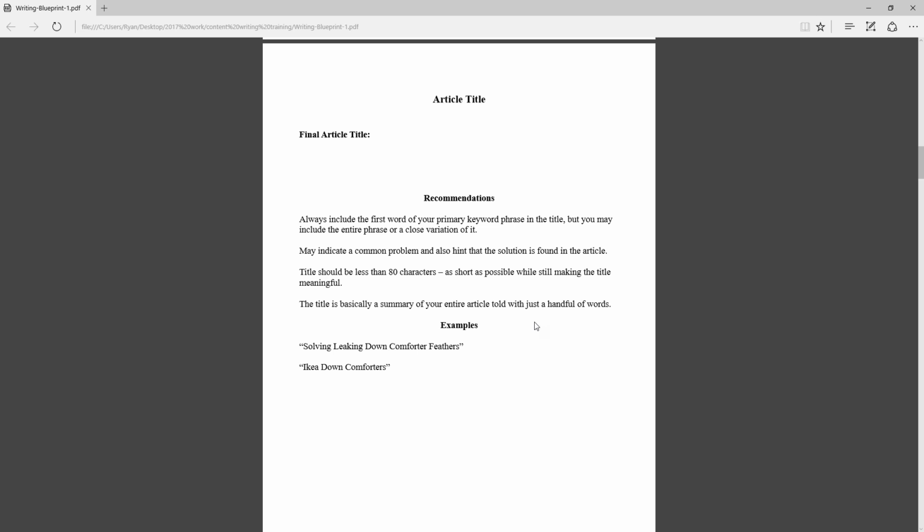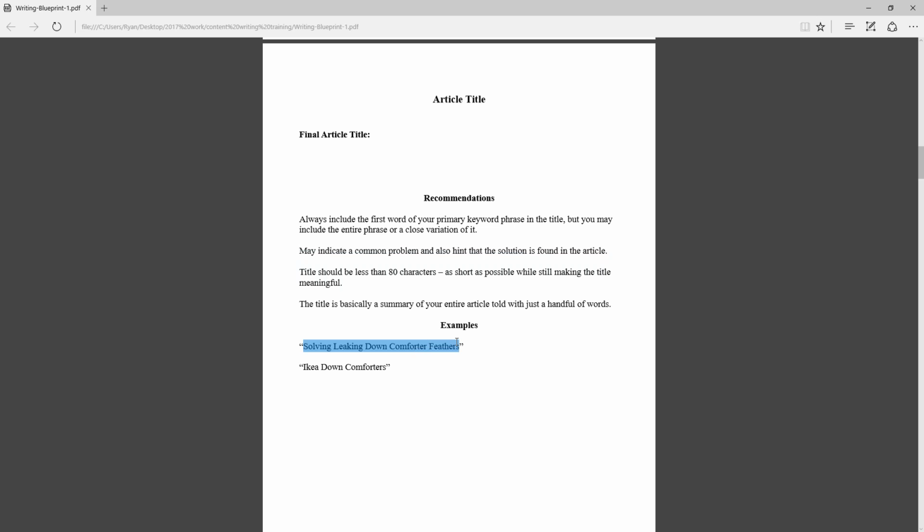You'll see parts of this writing blueprint that refer to that, talking about solving these problems and how you should be writing to achieve this objective. For example, right here, I say that the title may indicate a common problem. It may also hint that the solution to that problem is found in the article.